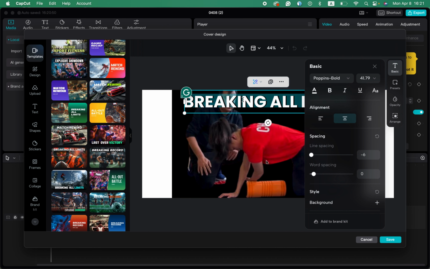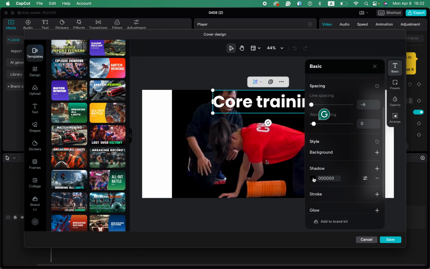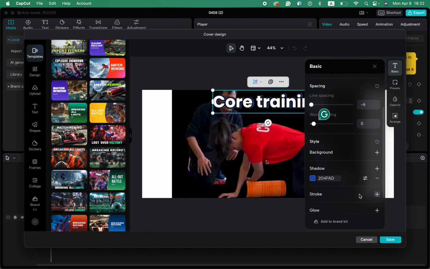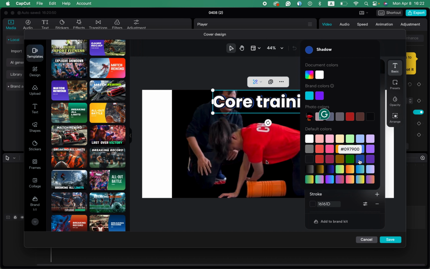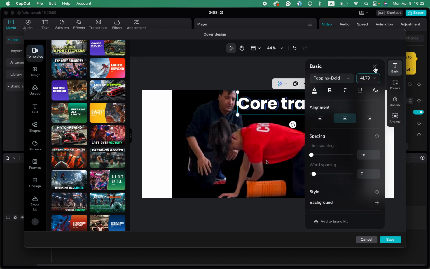I will select the other one for training. And then I can change the shadow for this, like this one, and I can change the stroke color to be this one, and also change many other things, but I will leave it like this. So this is my video's title,